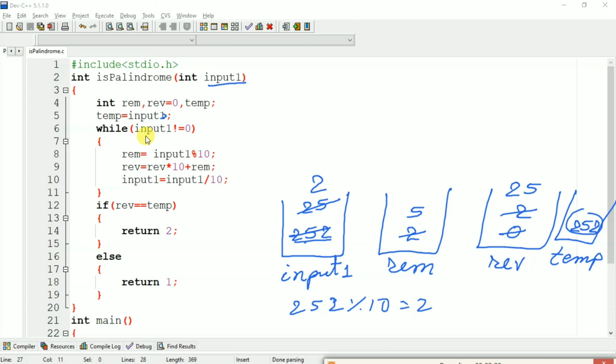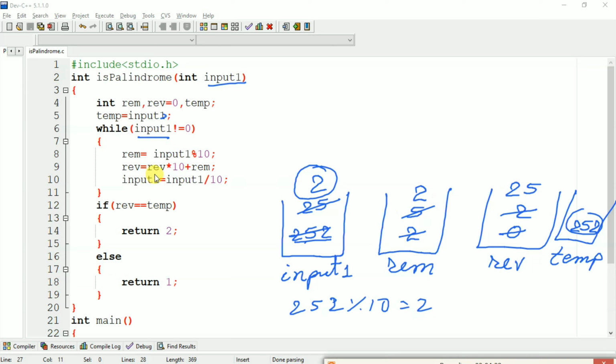Now we will again check the condition. Input1 is not equal to 0. Here we can see that 2 is not equal to 0. So our condition is true. Now we will again perform these operations, that is remainder equal to input1 modulus 10. So here input1 is now 2, and 2 modulus 10 returns 2. So remainder will be updated to 2.